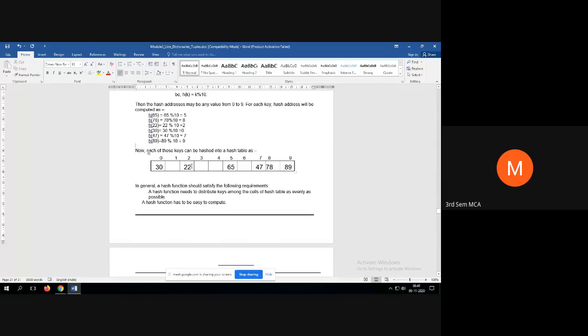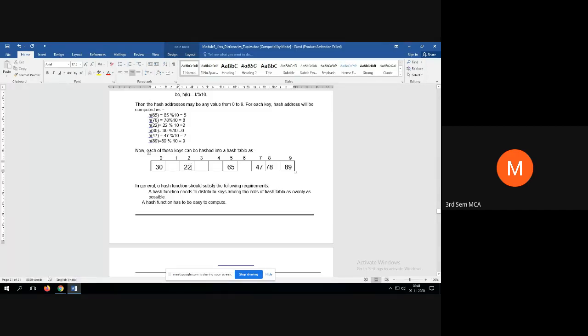Already we have stored 22 here, so where to store 32? That problem is called the hash collision. Hash collision occurs when you try to store more than one element at the same place in the hash table. Without any conflict, you can store only one element.